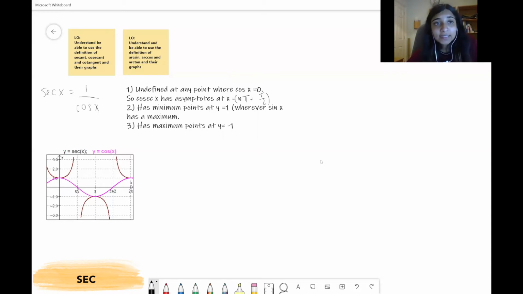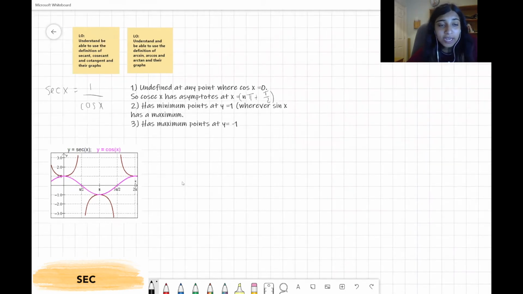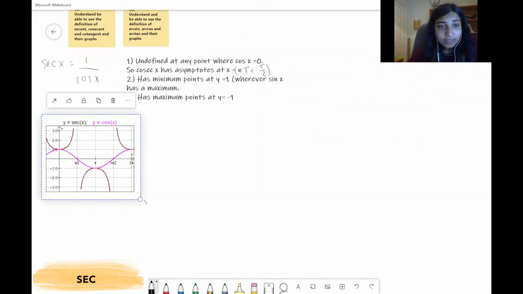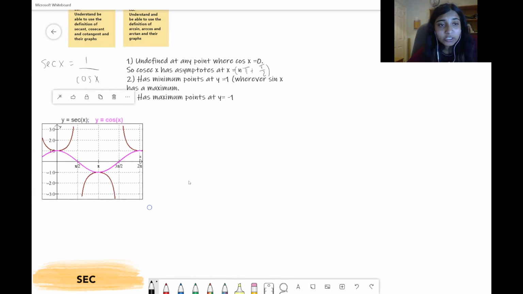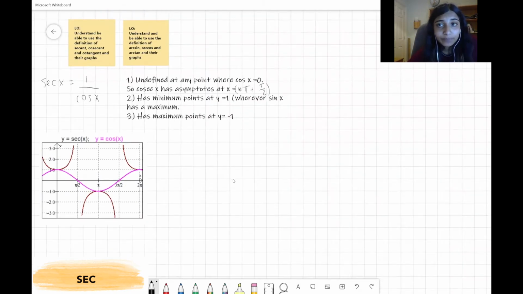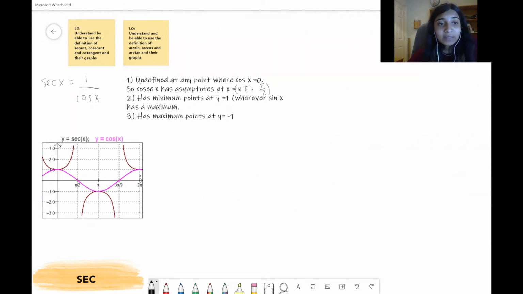Sec x, or secant x, is just a reciprocal of cos x. So that means sec x is just equal to 1 over cos x. I've drawn two graphs here, side by side again, just so you can see how they compare to each other. The first point about the graph y equals sec x is that it's undefined at any point where cos x is equal to 0. So that's at the points